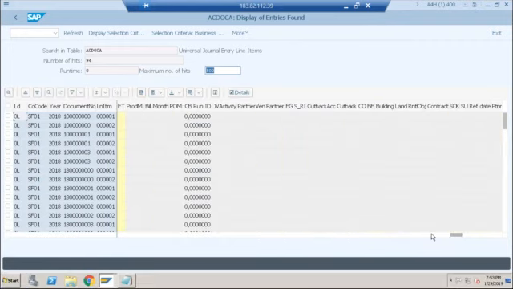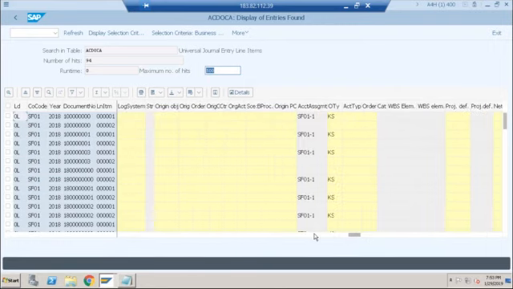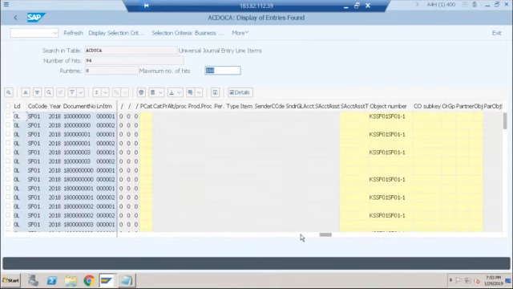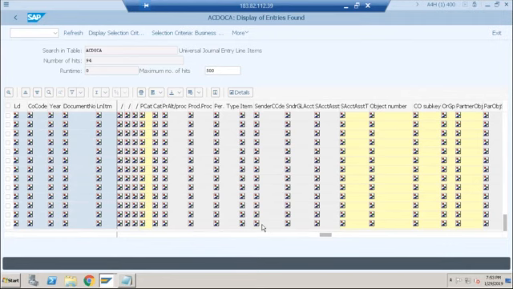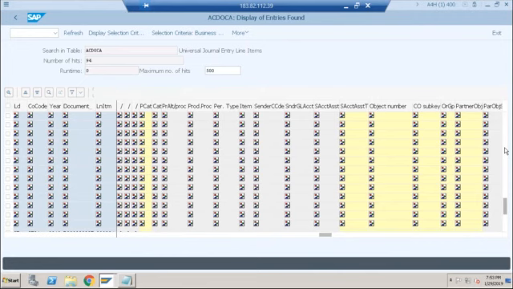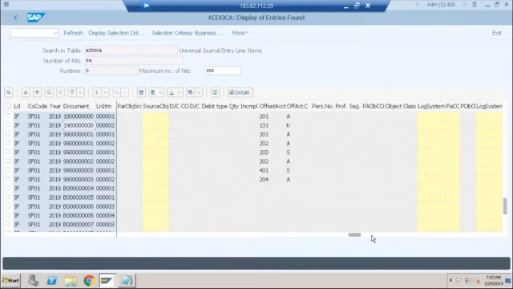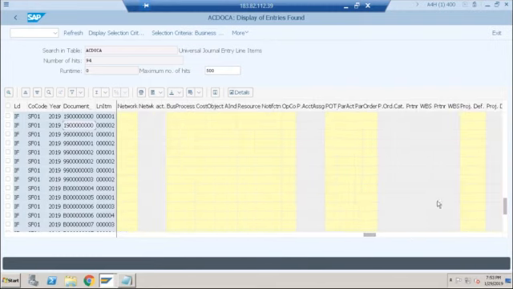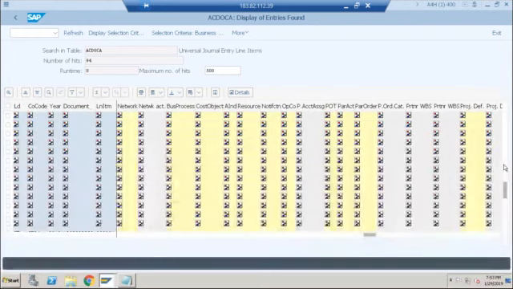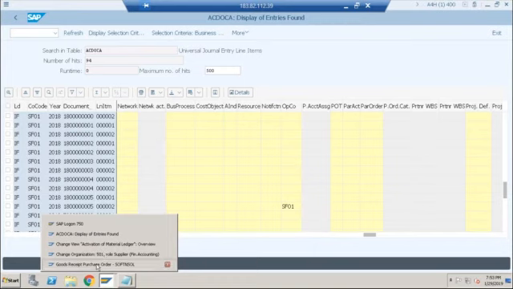Let's find out which are those fields relevant to ML. To be more specific, if you provide the same document which we just now posted, maybe I'll go to the last one. No, this is carry forward. Maybe this one we posted now. No, not even this. Okay, let's see the document which we just now posted. So goods receipt purchase order.